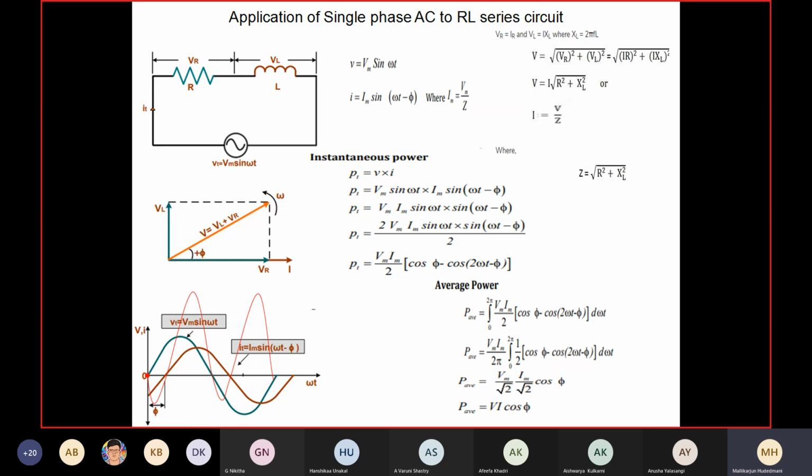Then what is this peak value Im? Im is something like Vm divided by Z. What is the value of current here? The applied voltage peak divided by the blockage offered by the circuit, the impedance offered by this. Im equals Vm divided by Z. Similarly, I got the other side here. It means I now have the current in the RL series circuit as Im sin omega t minus phi, lagging.